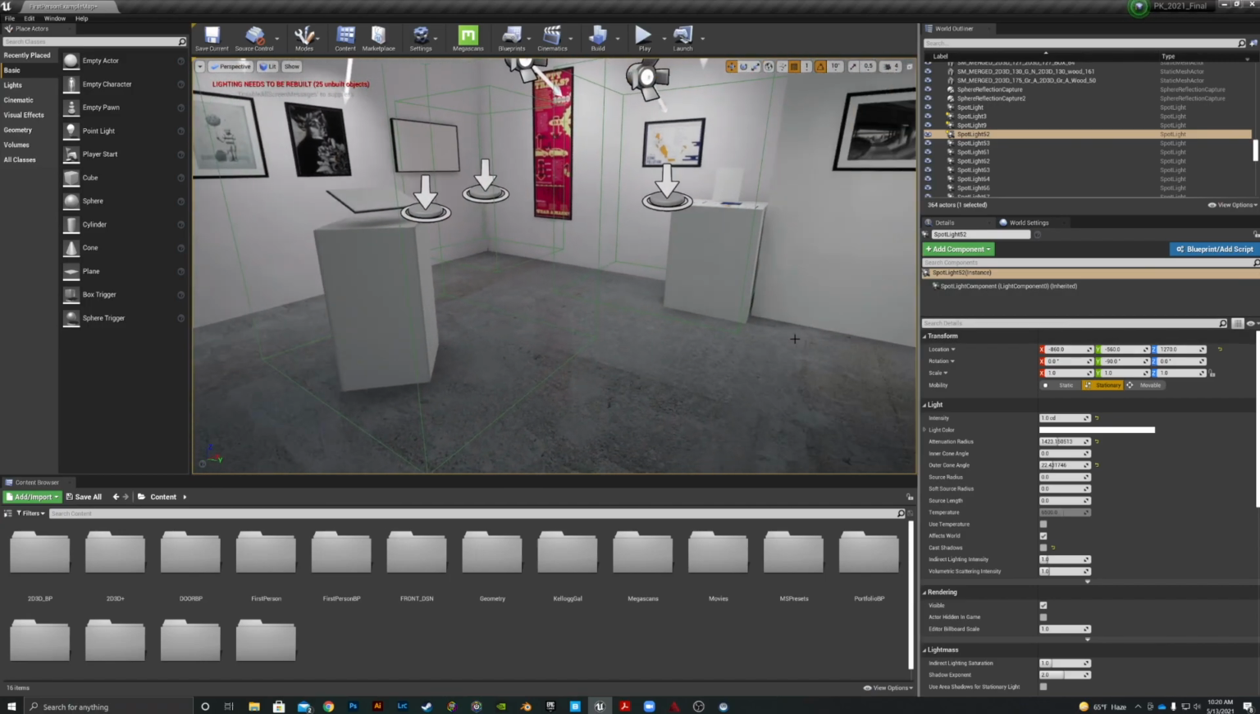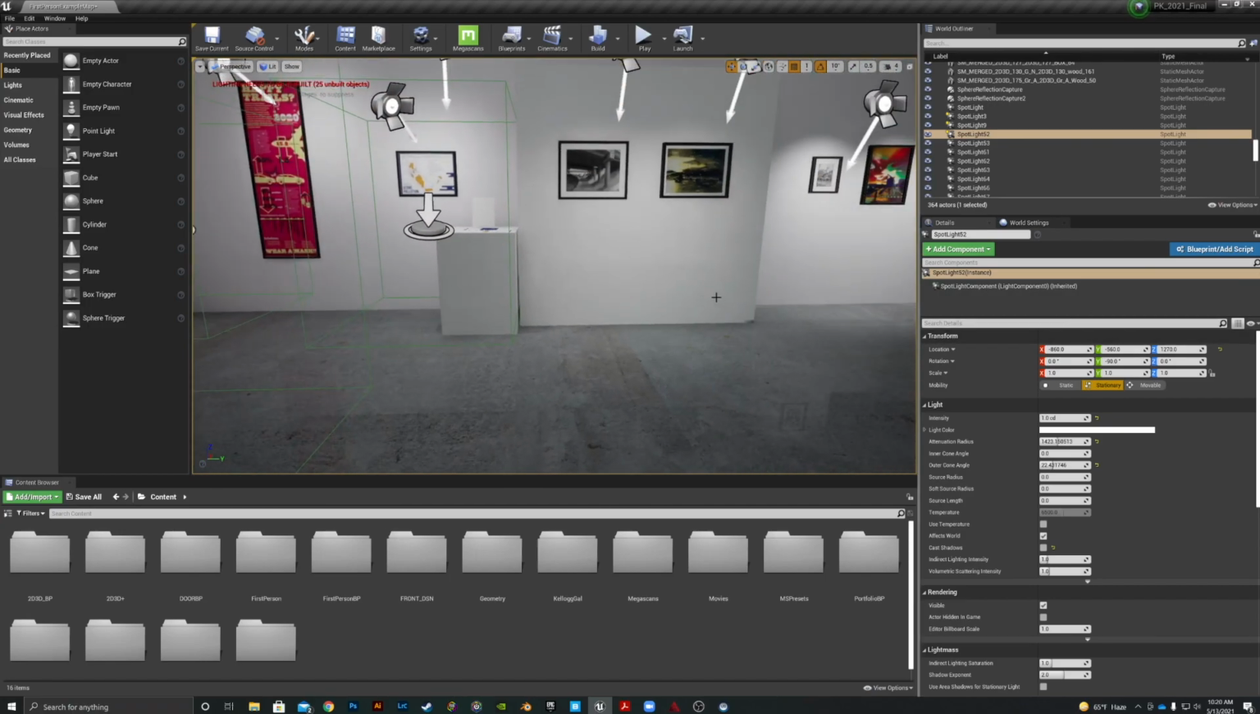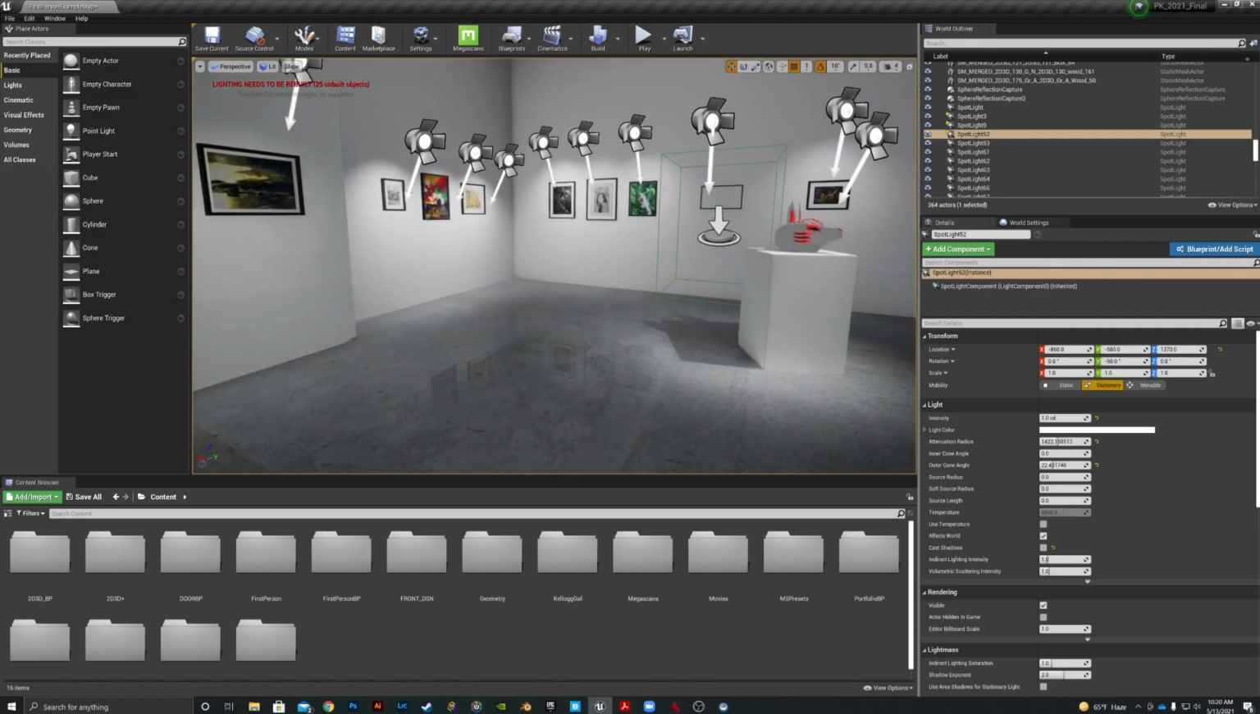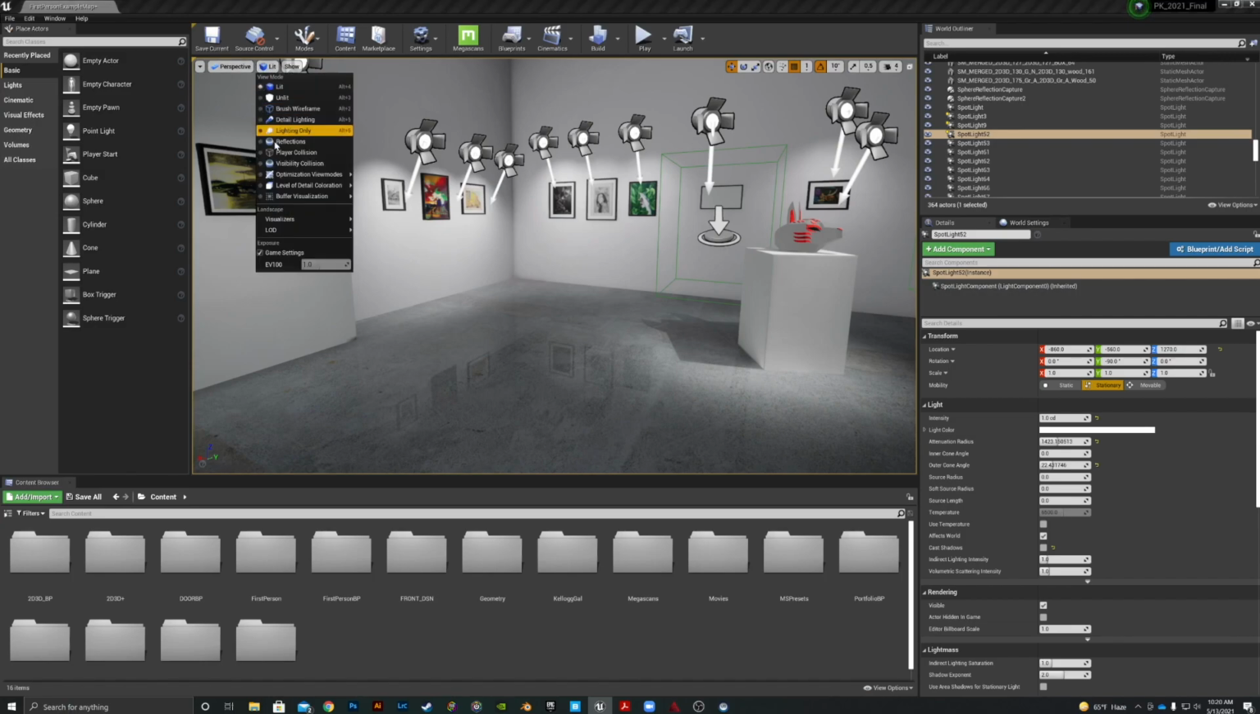Okay, so the other thing to pay attention to is our light map resolution. And the way we can see that is by going into where it says lit up here and going down to optimization view modes. Remember, we used the collision viewer right here to see how the collisions worked. Now, if we go to light map density,